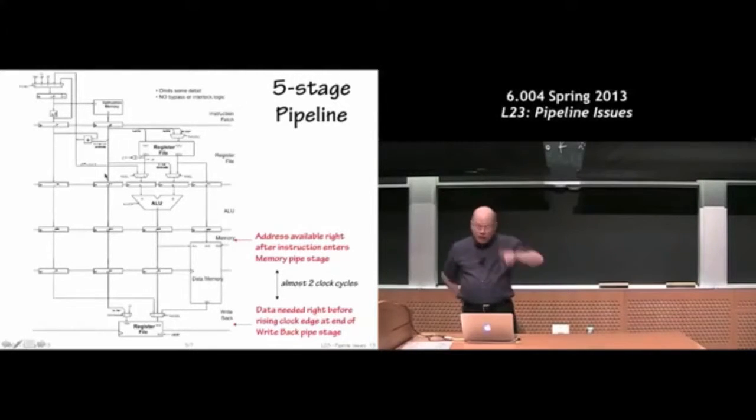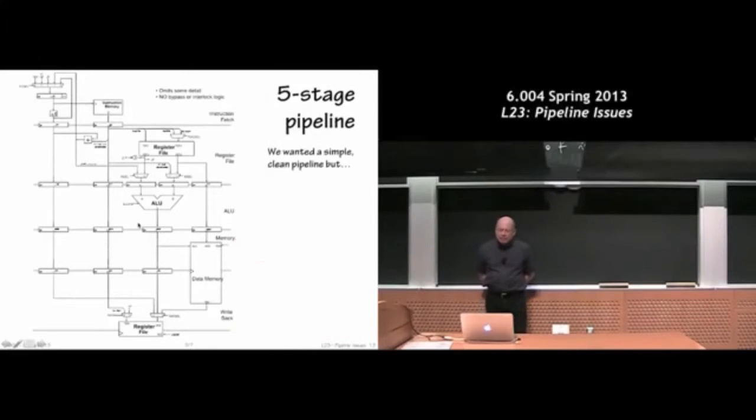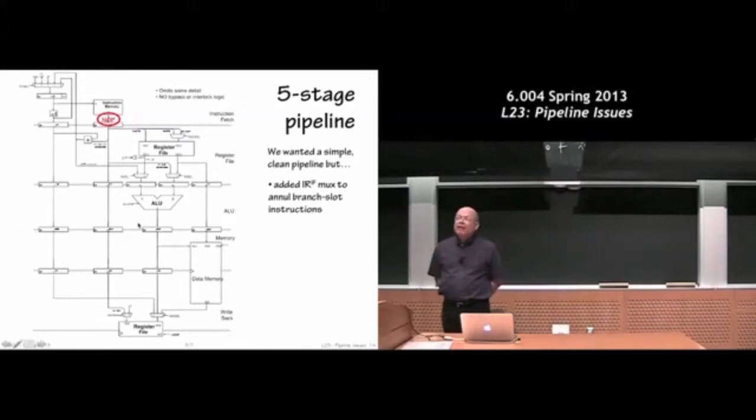So they're really different. There are two ways no-ops get into the pipeline. One is when I'm replacing an instruction. The other is when I'm filling in an empty spot in the pipeline, but I'm not replacing any instructions in the program. So a no-op is not a sign of annulment everywhere. Sometimes it's a sign of, I have to tell you to do something while we're waiting for the right thing to happen. Okay, so we wanted a clean, simple pipeline, so we had the ability to do a no-op here. And remember, the no-op in this stage was actually an annulment no-op,